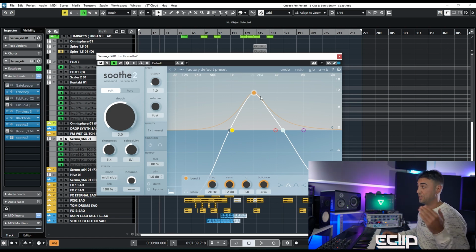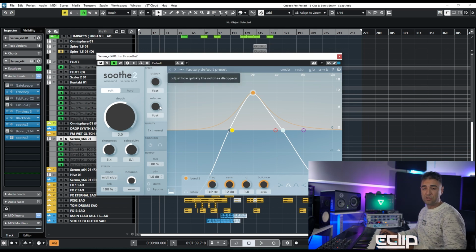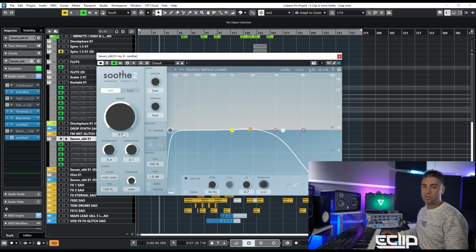So if I want to compress more on 2K, I will make something like this. So it's going to compress more in this part over here. As well, with the attack and release, we can control, do we want to affect the transient or the body and whatsoever. So mostly when I use it, the depth, the sharpness and selectivity are the only things, and